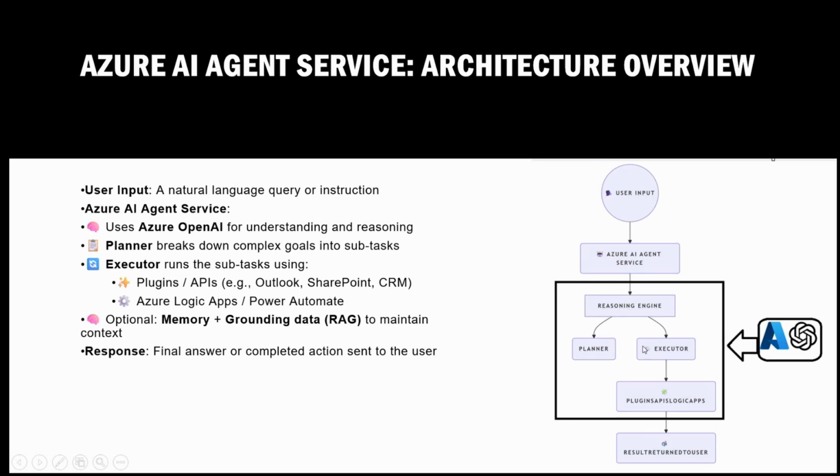it would be taking up various ways of using the plugin or tools like Logic Apps, and then it can integrate the same with Azure OpenAI as well, and from there it would be returning the result to the end user. And what happens before even giving us the result is that it also maintains a memory and context throughout the process so that the agent acts like a smart assistant, not just your rule-based bot, which you would be having earlier, right?